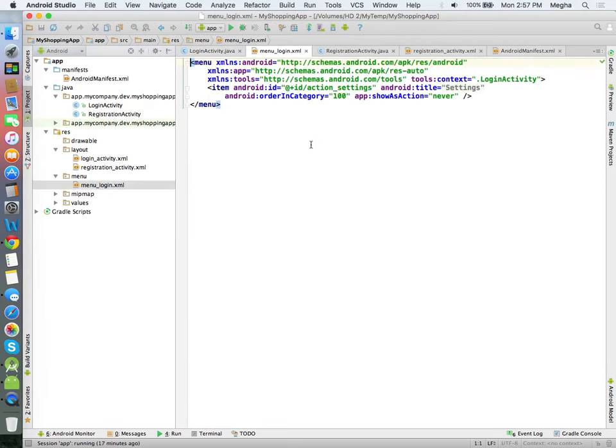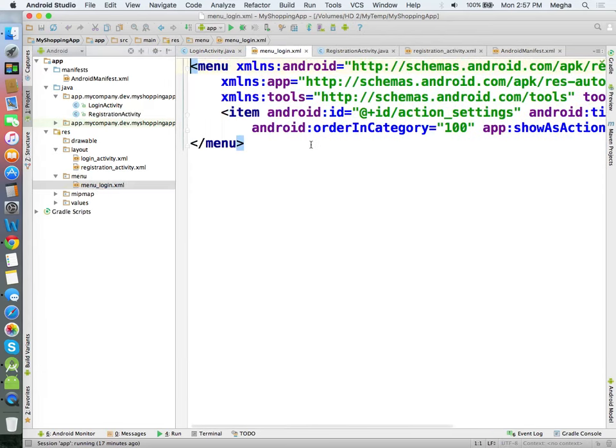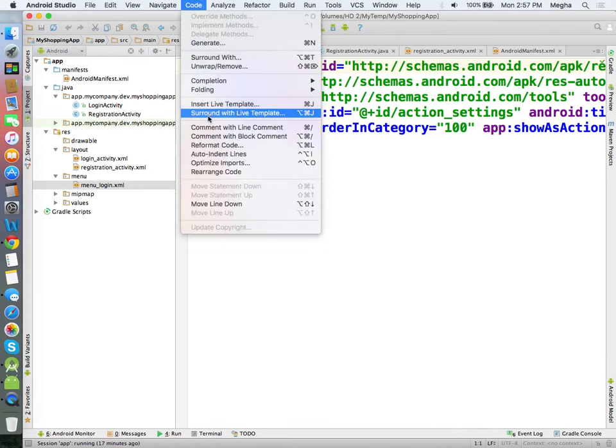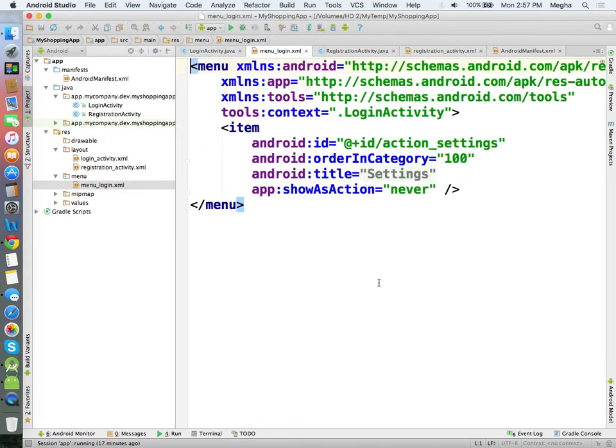This particular design was loaded on top of an existing XML. So when you have a scenario where you want to inflate another XML on top of the existing XML, such scenarios are called layout inflation. In this case, it is for a menu. That's why it is menu inflation.